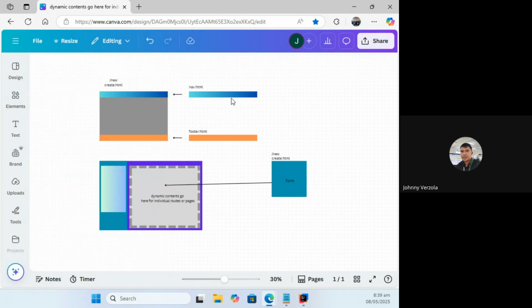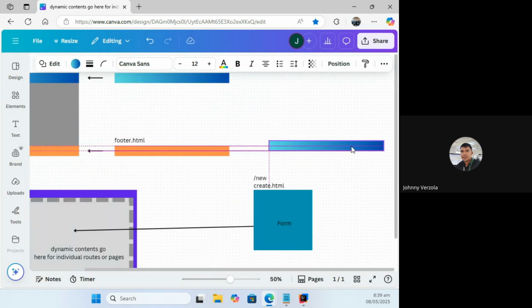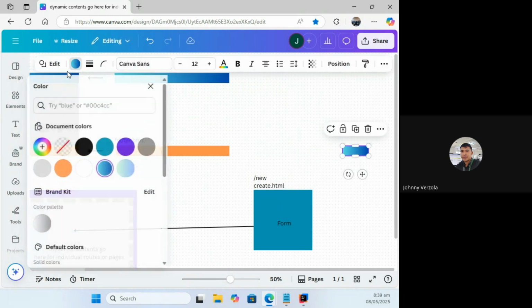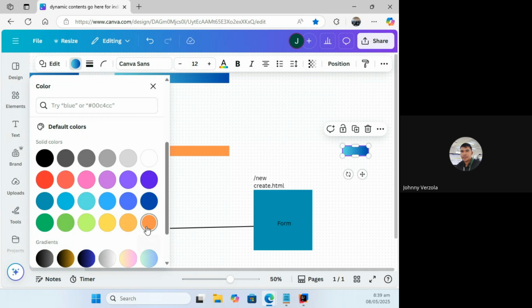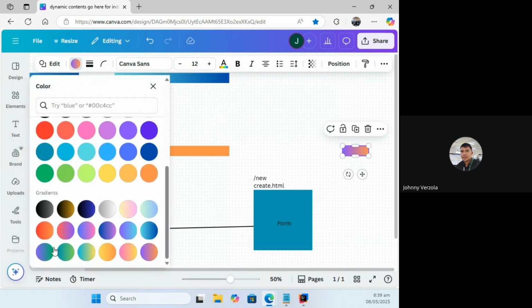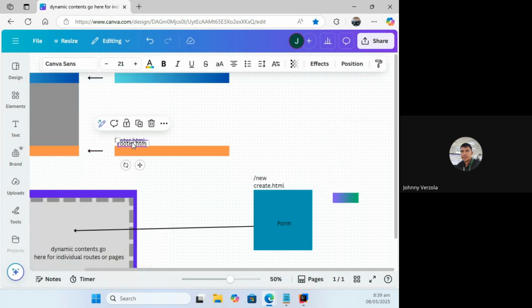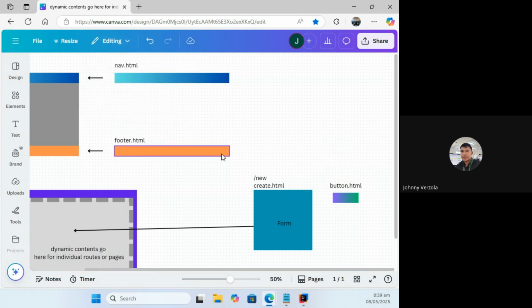Let me have a button here. Say, for example, a beautifully styled button. We can make a universal button. Okay, let me just change the color of this. Bahala kayo pag makinig kayo, ha. Okay, this is the button, say for example, which is again another component we can create like that. And then what we will do is we can do the same thing here. We can inject it in this form.